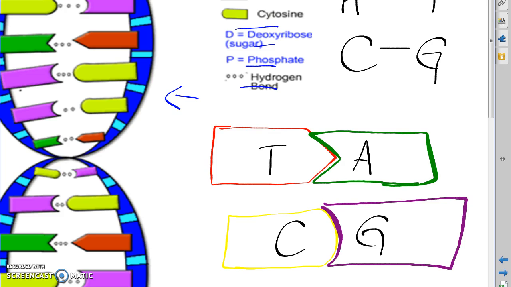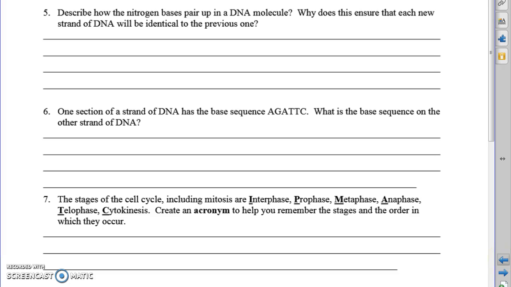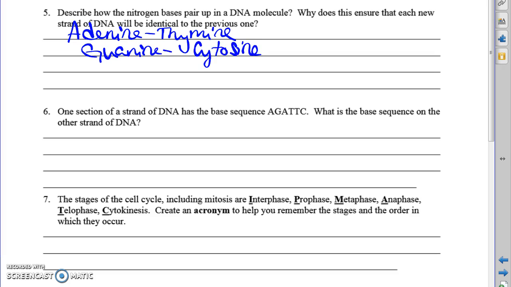So we usually just abbreviate it A and T, C and G. And that basically means that because of the way the nucleic acid bases are structured, adenine will only bond with thymine and cytosine will only bond with guanine. So how do the nitrogen bases pair up? Well, adenine pairs up with thymine and guanine pairs up with cytosine. Since they only pair up one way,